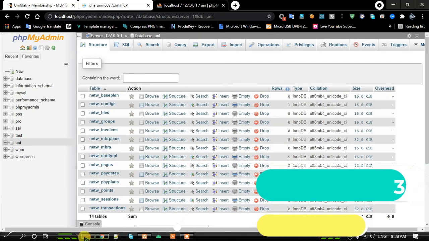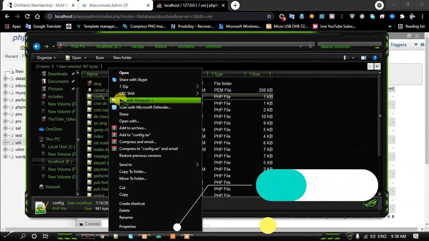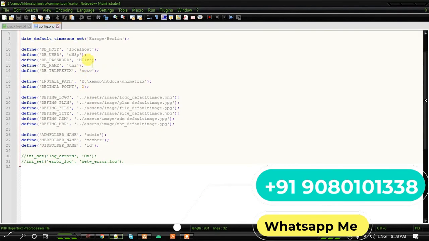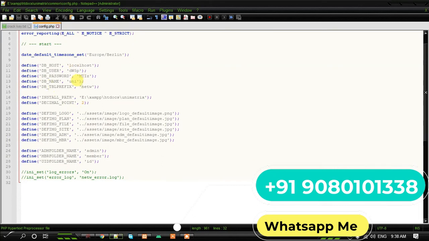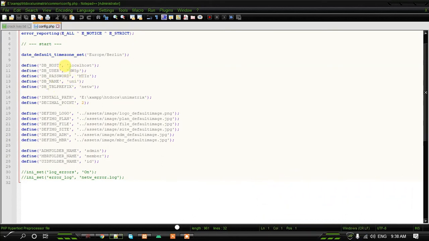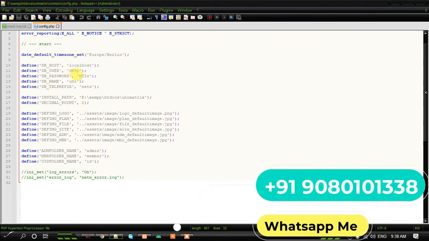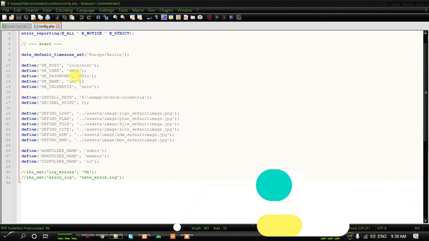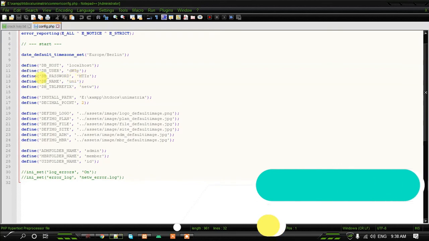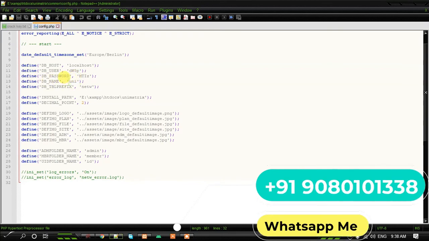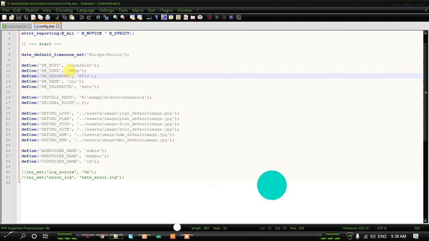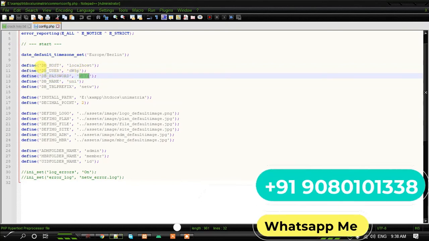Now I'm going to show the configuration. You can see the configuration in the config.php file. It's encrypted in base64 format. The developer uses base64 to secure your database information, but the database name is always shown. You can see the database name is uni, but the DB password and DB username are encrypted.